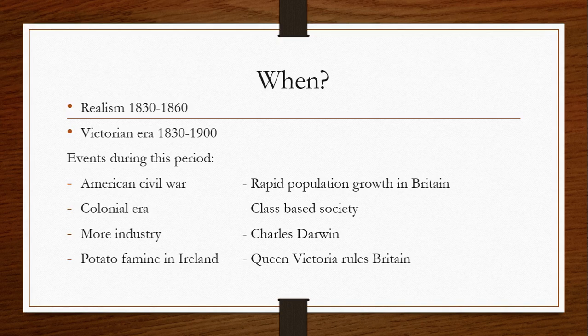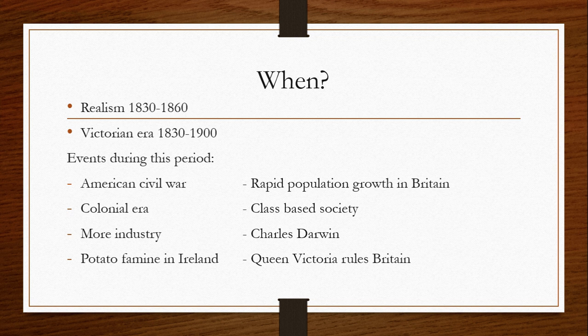We also have more industry going on. This is sort of like the second wave of the industrial era. We automate more things, and more people are born and move into cities. In some cases, like in Ireland, this actually led to an extreme kind of poverty where people can't even afford to buy food. The potato famine in Ireland caused a lot of people to die of starvation or move away to America to find a job, because that was quite difficult in Ireland at the time.